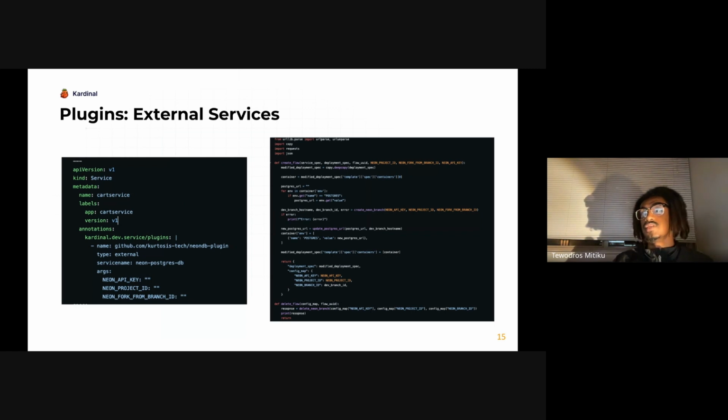And then when we want to delete or clean up the resources that have been created by the stateful external service, we will call the delete flow. And that's where we can actually leverage the config map, where we'll pass in some API keys, the project ID and the dev branch ID, to use that information to then clean up that dev branch that I created with Neon. So to summarize, we can leverage these plugins to give the user the configurability to define how they actually want to handle the isolation levels for their stateful and external services within their application.